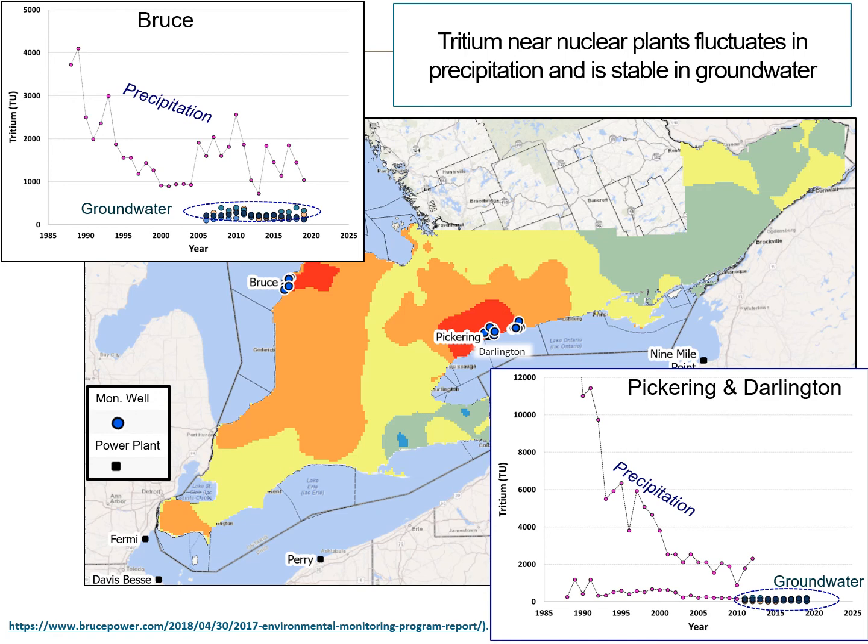The nuclear plants monitor nearby shallow domestic wells for tritium concentration annually, and the locations of these monitoring wells are shown in blue. And what we see for both monitoring areas are big fluctuations in tritium in precipitation, and despite this, relatively stable concentrations in groundwater. The standard deviation of tritium in groundwater for both areas is about 25 tritium units, which is roughly the detection limit of the non-enriched analysis method that was used. So consistent tritium concentrations in groundwater near nuclear plants, where we know tritium in precipitation varies the most, supports the use of RMAP as a reliable local modern tritium estimate.